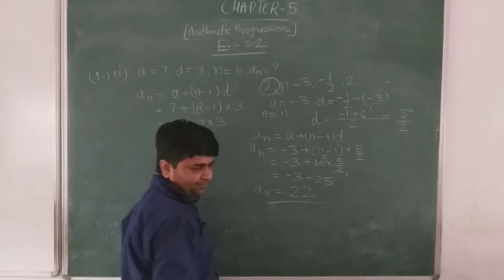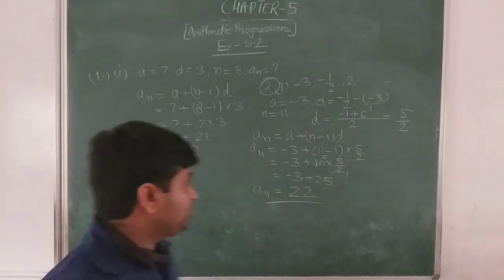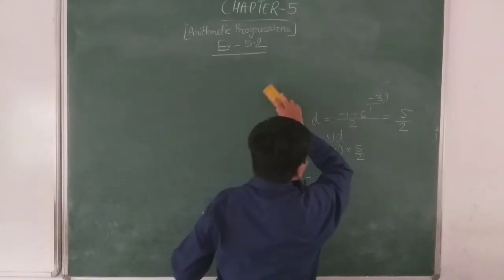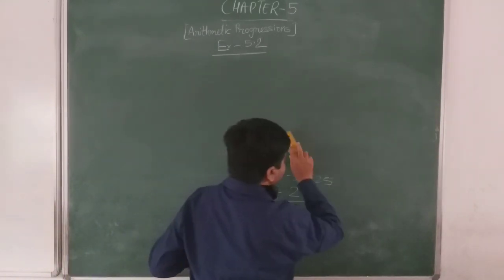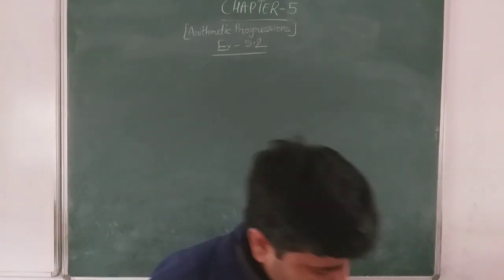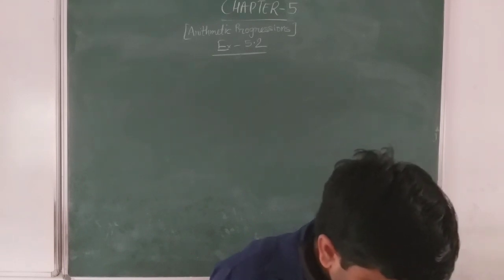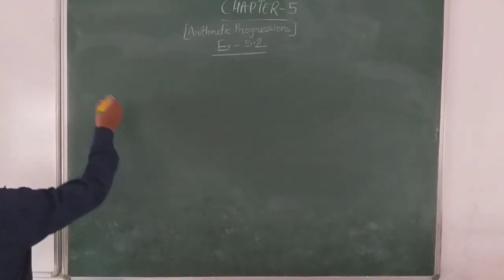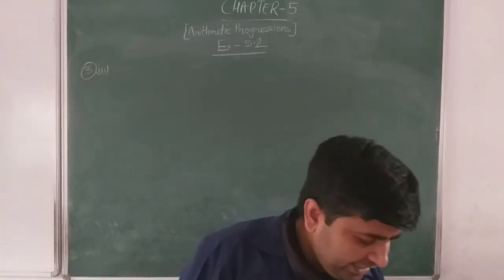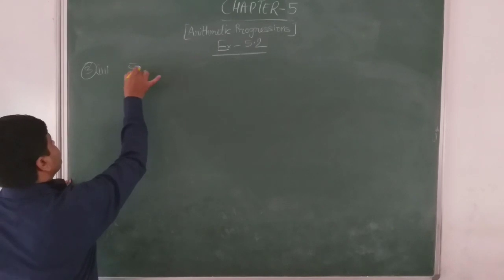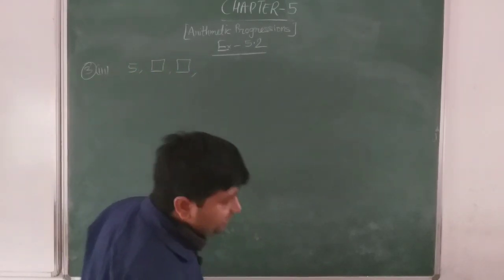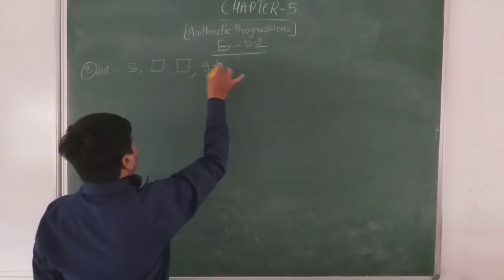That is A11. Okay. Now come to question 3. In the third question, we have to find the missing terms. 2 terms are given and the remaining terms you have to find. The same formula is used here. Now firstly I am solving the third part. All parts are the same. The third part is here: the first term is 5, the second box is blank, the third box is blank, and the fourth term is given, 9 complete 1 by 2.